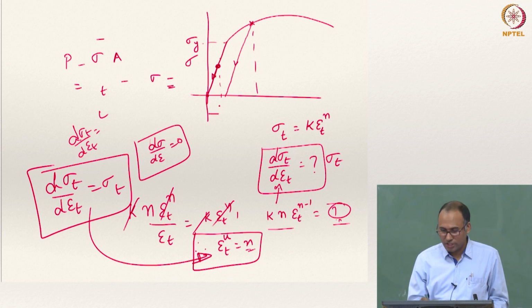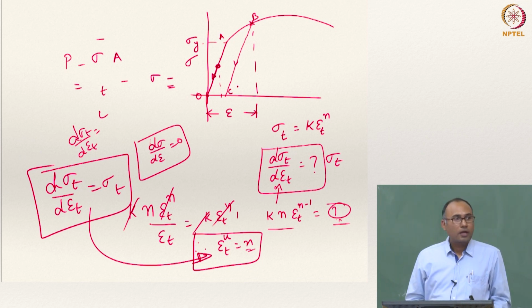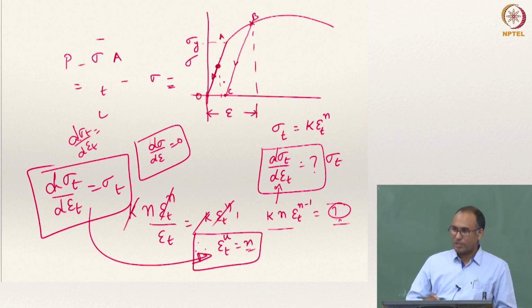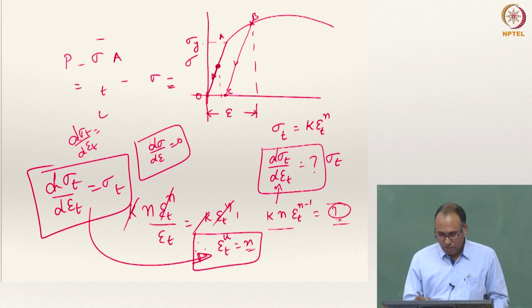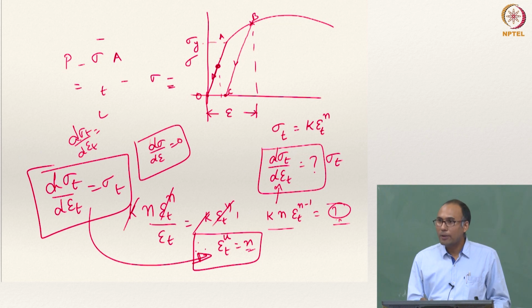you please pay attention here, it is a very important concept. This is your total strain. So let us say 0, A, B and let us say C. And now I have unloaded to zero stress. I could actually go in the opposite direction, but I am not talking about it. Zero stress. Then what happens? Because I have gone into the plastic regime, I am not able to get to this point where I had actually started, right? So what happens here?